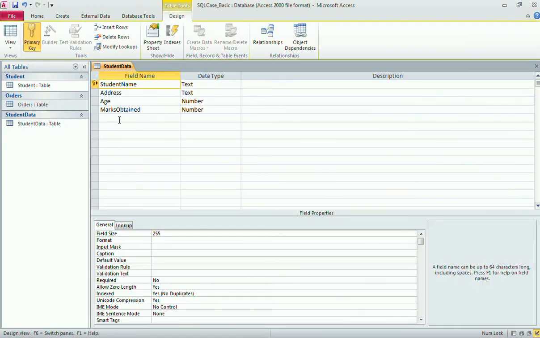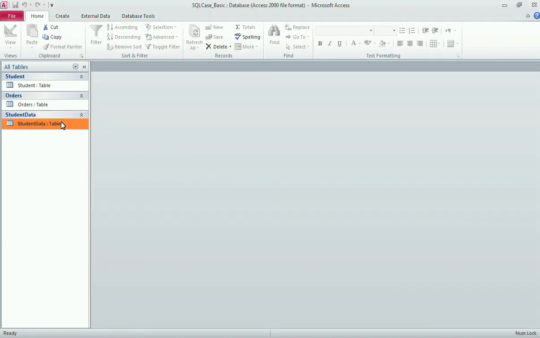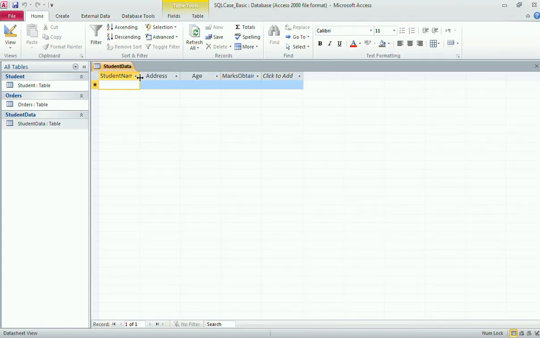Let us consider another table called student data. So it has a primary key student name, then we have address, age and marks obtained. So let us enter few values. Student name Amit, address,